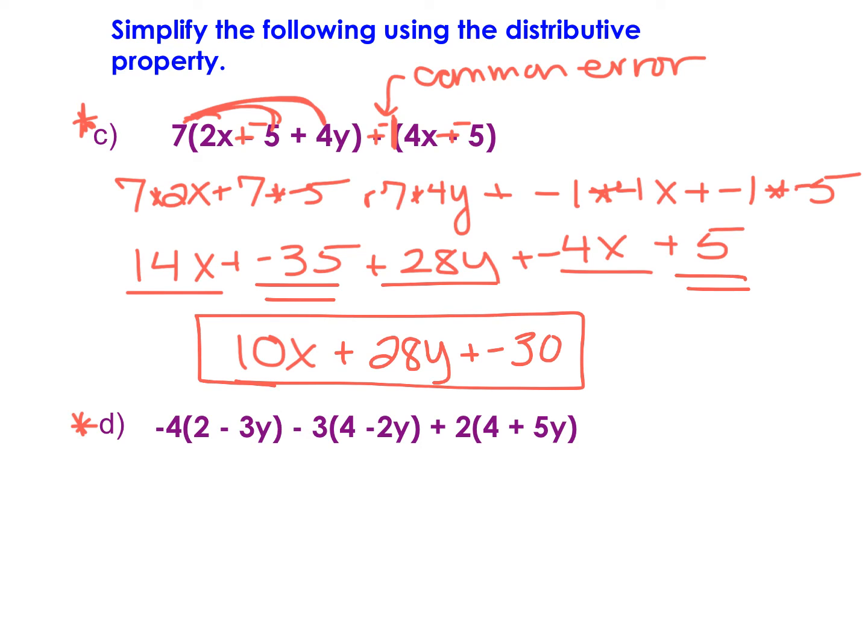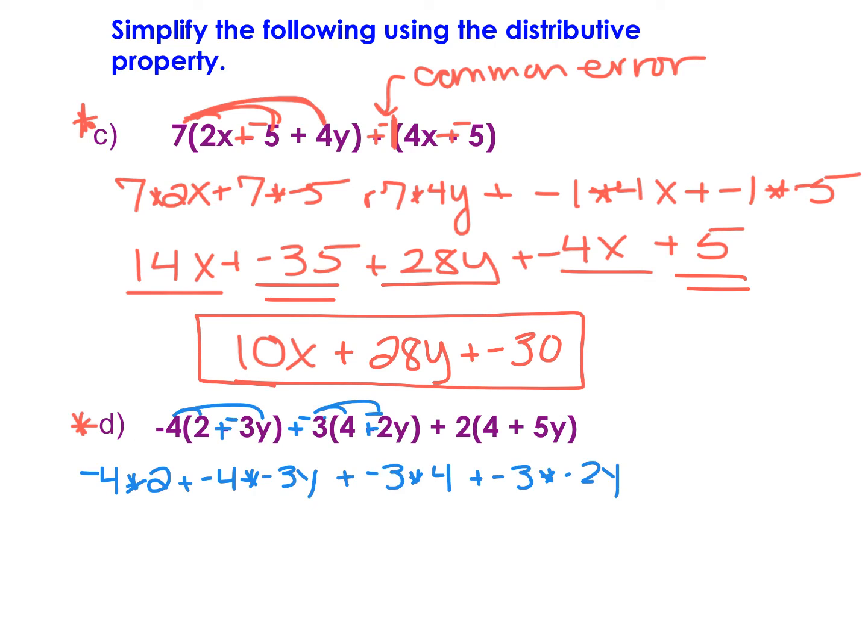All right, in this fourth distribution problem, if we have subtractions, let's change them all to be keep, change, change. And then we go through and we distribute one at a time. So we have negative 4 times 2 plus negative 4 times negative 3y plus negative 3 times 4, the second distribution, plus negative 3 times negative 2y. Notice that using keep, change, change allowed me to catch the distribution of a negative 3. And then this last distribution is plus 2 times 4